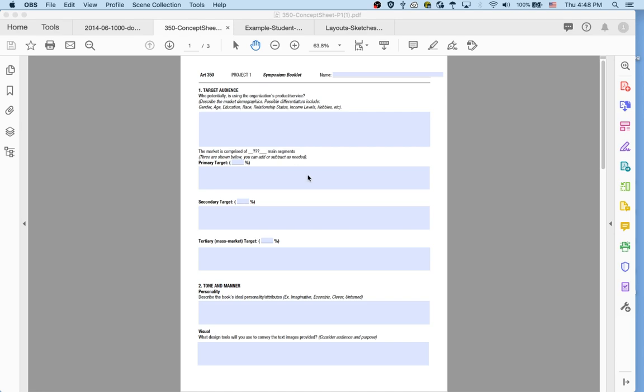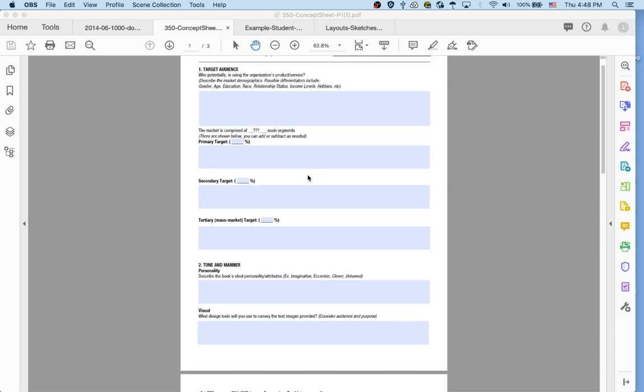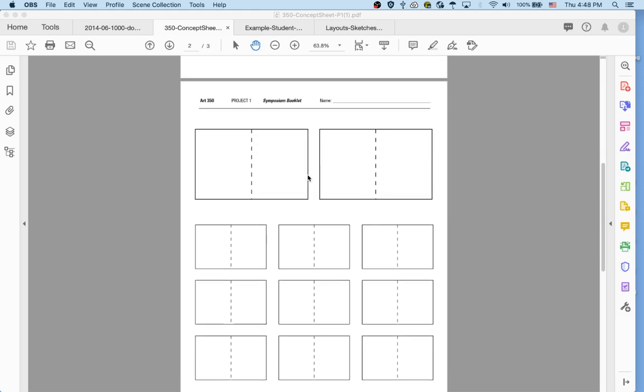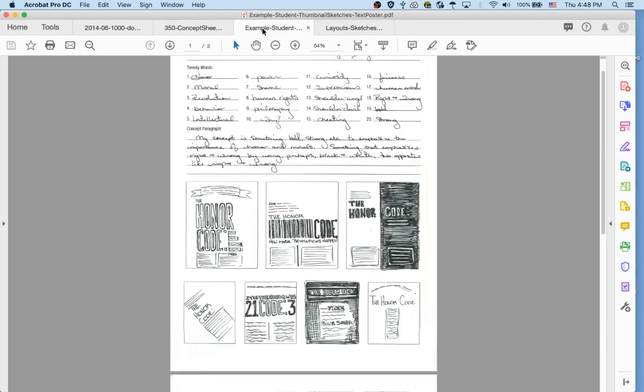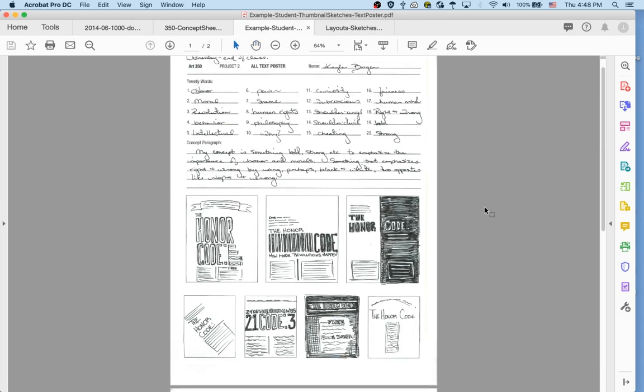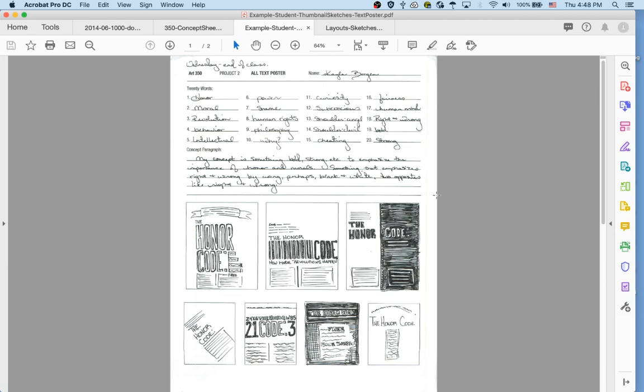Okay, so you understand roughly the first page, but then we go on to this one, and it's sketches, and I realized I didn't have any examples. So I looked this up, and I found some student examples I've saved over the years. I thought things were done exceptionally well. So, this is a different project. It's a poster, but it still gives you an idea of how they experimented with titles, subtitles, body copy,